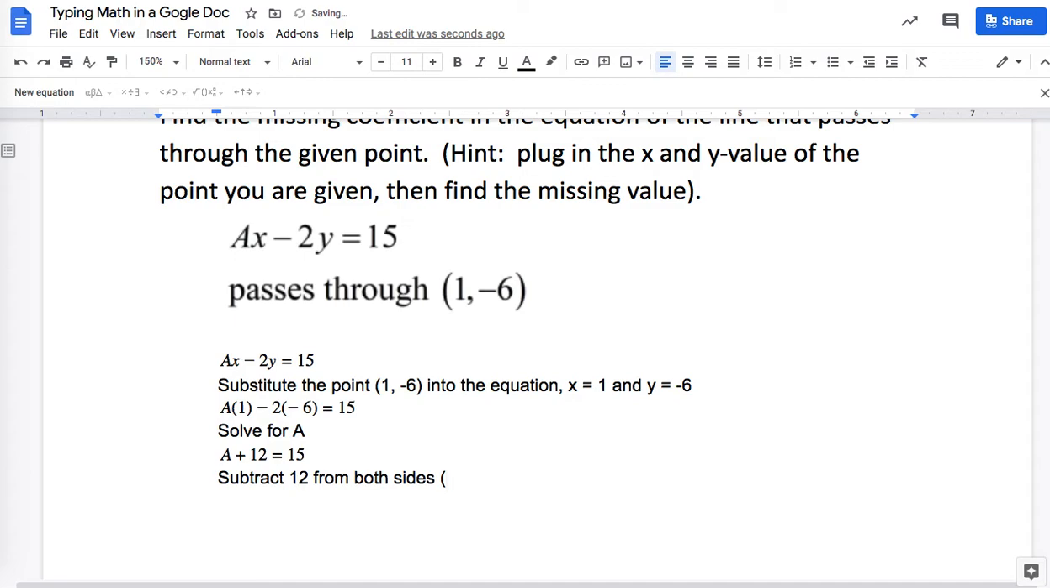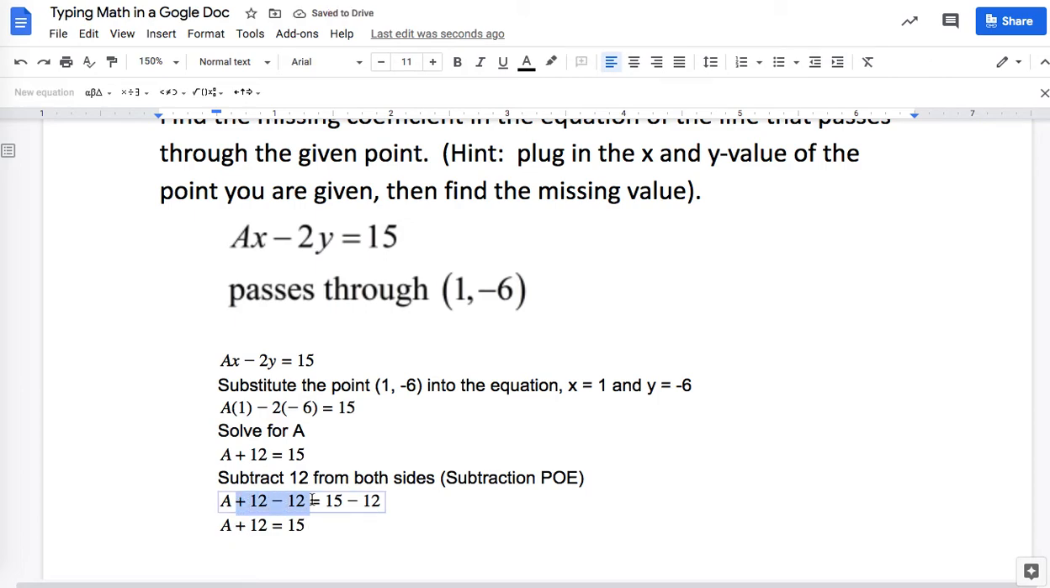And remember, this is the subtraction property of equality, just like we practiced in class. Now you can write that, Control C, Control V. If we want to show the work, we're going to minus 12 and we're going to minus 12, right? So we can show that. And then we're going to simplify what we've got there. So the plus 12 minus 12 is just going to give us the A here. And then 15 minus 12 is going to be 3. So now we know that A is 3,